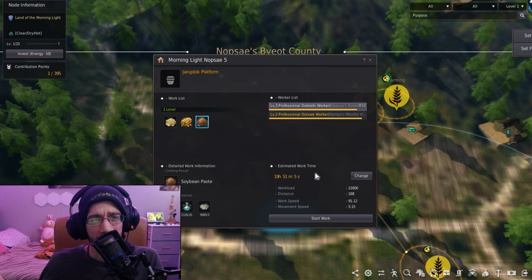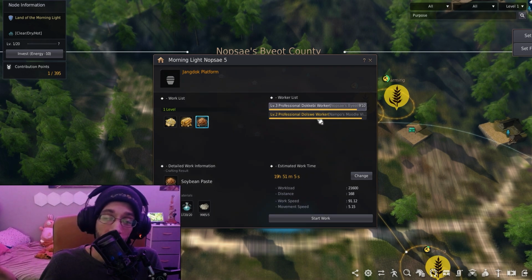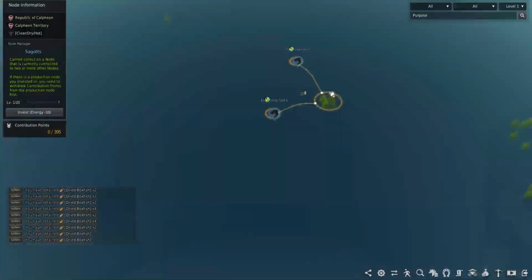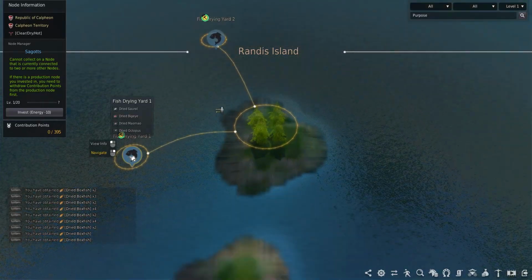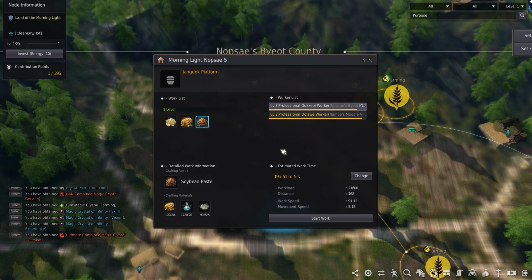Now, I think we addressed the elephant in the room. One reason that'll deter players from making the new Land of the Morning Light recipes is how slow the workers use this factory. This is just like using a fish drying node in terms of how long it takes a cycle to complete. The Goblins and Shellfolk, in my opinion, are the slower, with the Dokkaebi workers able to cut